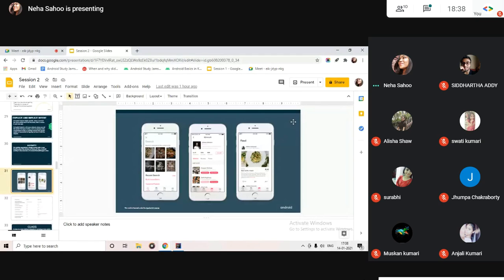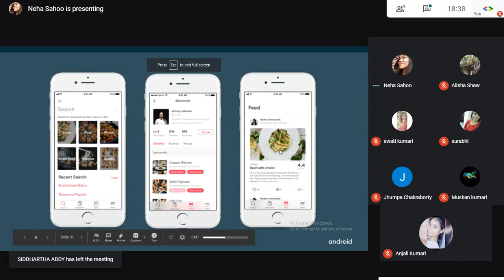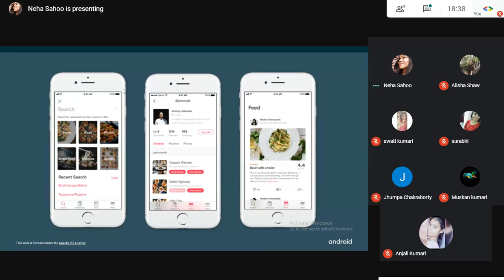After that, we have this. I took the liberty of adding this to the presentation because I wanted to show you what an activity is. When I was learning, I was very confused about what an activity is. As I said, an activity is a screen, but don't confuse an activity with a layout. An activity and a layout are different. An activity is the combination of both the XML file and the .kt file, but a layout is just a part of your XML file. It's just a container.